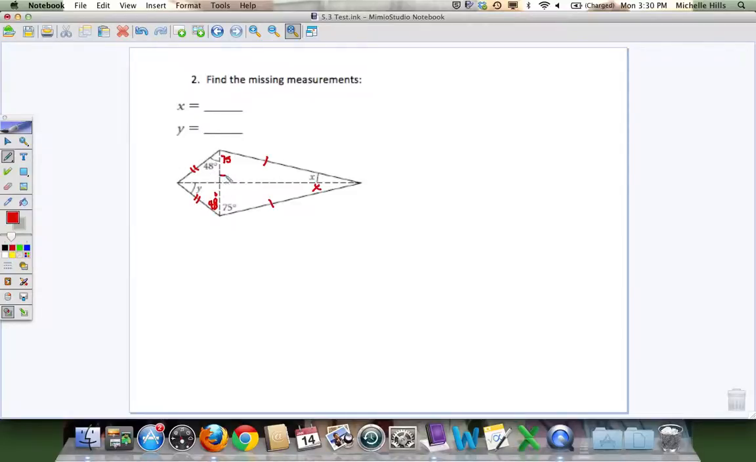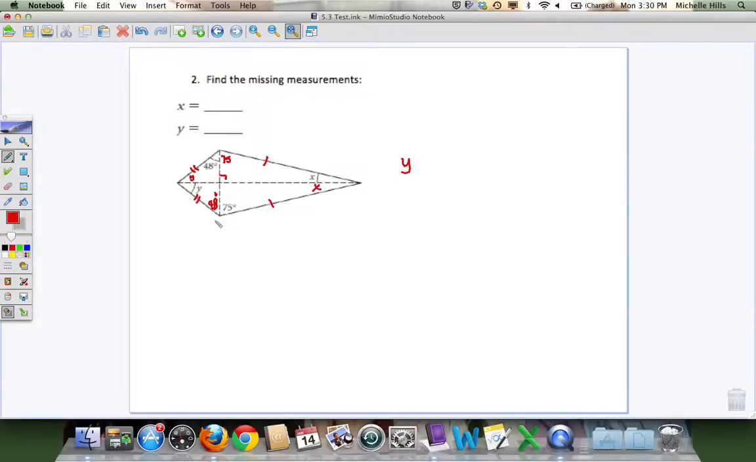I also know that these are perpendicular. If they're perpendicular, it means that it bisects these angles. So if this is x, this is x. If this is y, this is also y. So to actually put that into practice, to find y,